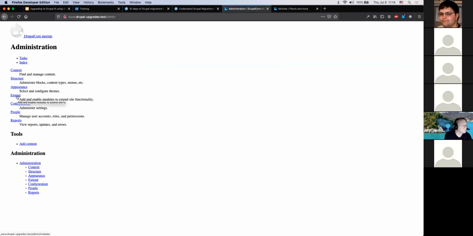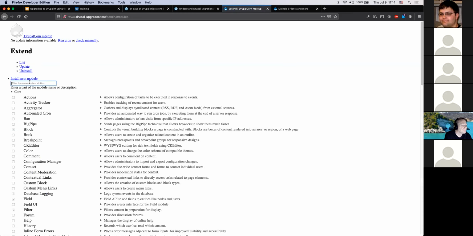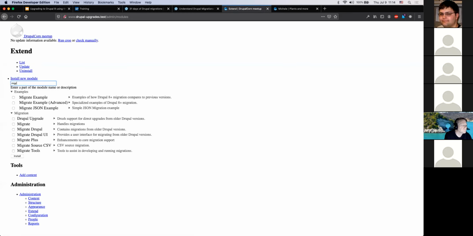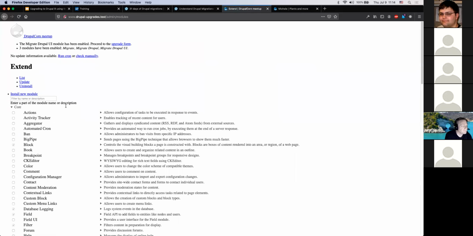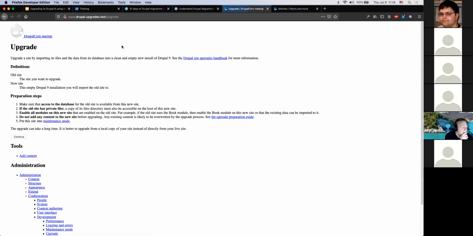You basically go to Extend, look for Migrate, and enable the Migrate module, Migrate Drupal, and Migrate Drupal UI. When you install those three modules, you get a message saying that you now have an option to upgrade using the interface. So you click that, which is /upgrade, and you are presented